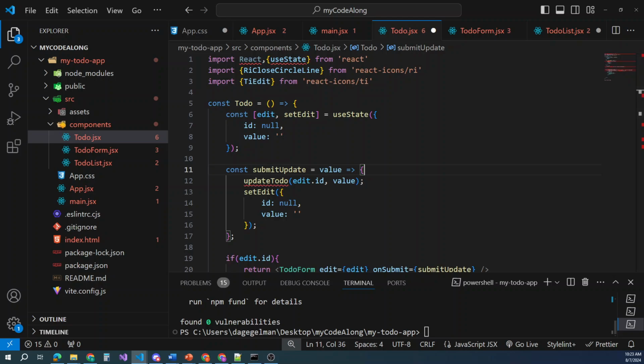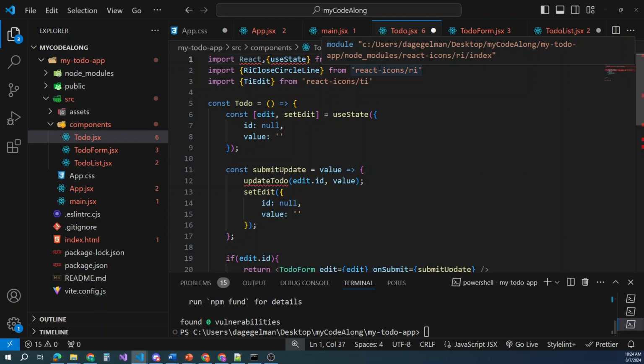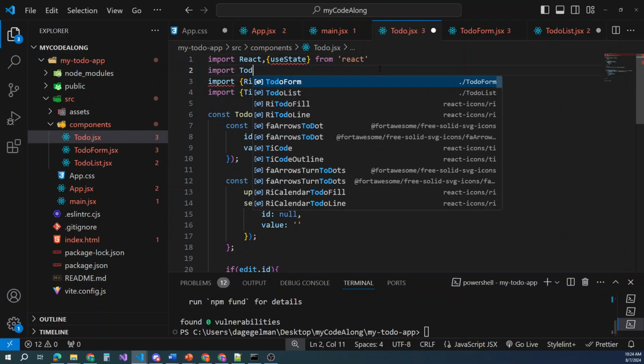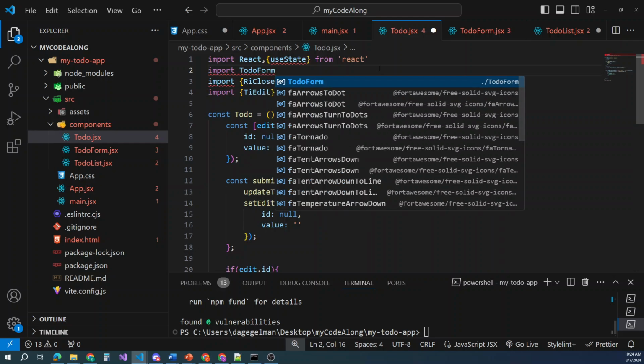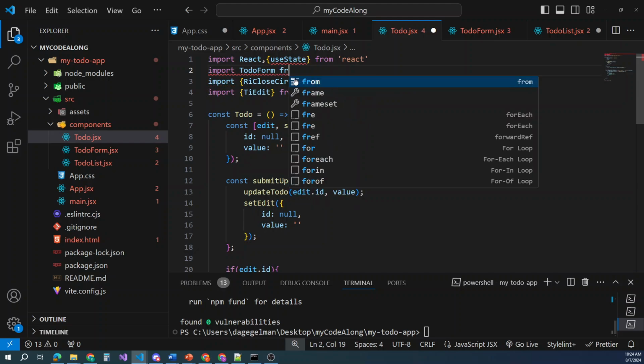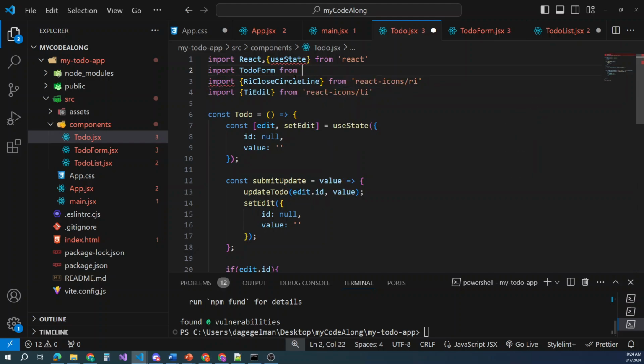So I'm missing some stuff in my code here. What am I in? Todo.jsx. Yeah, I'm missing some stuff. I don't know if I accidentally deleted it. Import TodoForm from